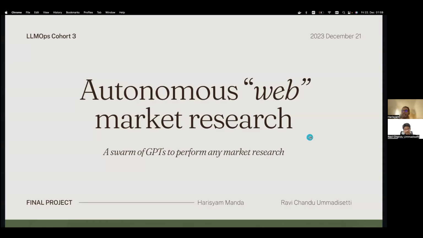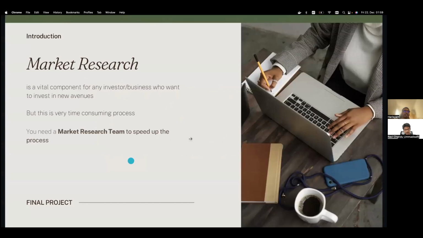Hello everyone. Today we are going to present autonomous web market research. It's basically a swarm of GPTs which are trying to perform a market research, given a market research goal. So this market research is generally a very